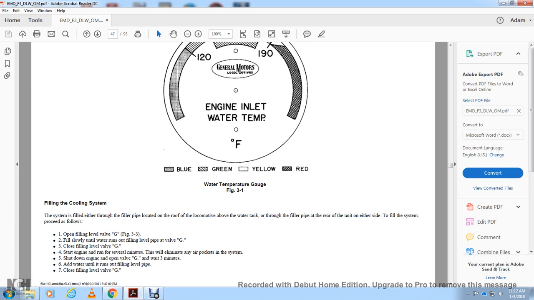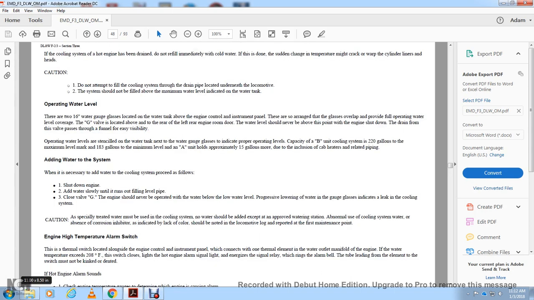Start the engine and run several minutes. This will eliminate air pockets in the system. Shut down the engine and open the valve G. Wait 3 minutes and add water until it runs out of the filler level pipe, and close the filler level pipe valve G. If the cooling system of a hot engine has been drained,